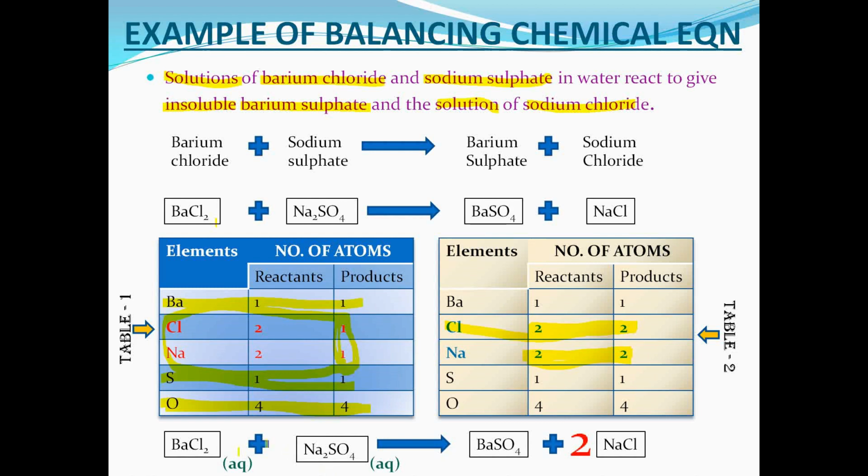Now barium sulfate, it is insoluble. It will not be soluble in water. So insoluble things in water remain as they are. So it will be in the solid powdered form. So this will be displayed as solid and we also call it a precipitate. Next, the solution of sodium chloride, we can write it as aqueous. There is no special condition required for this reaction, so we have written nothing on this arrow. If there were any special condition, it would be written above or below the arrow.